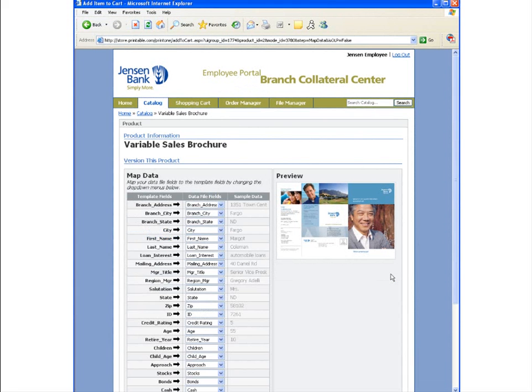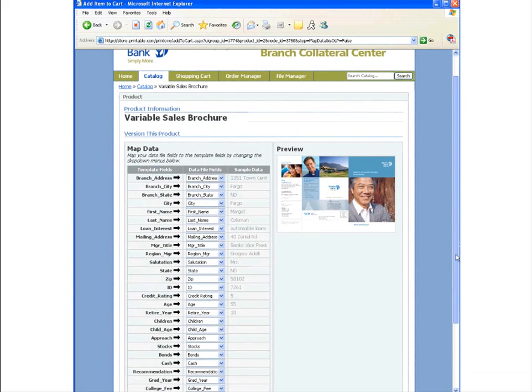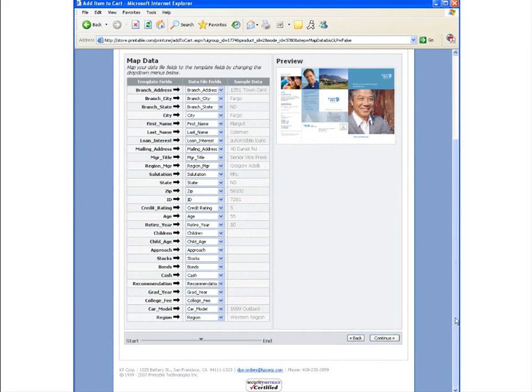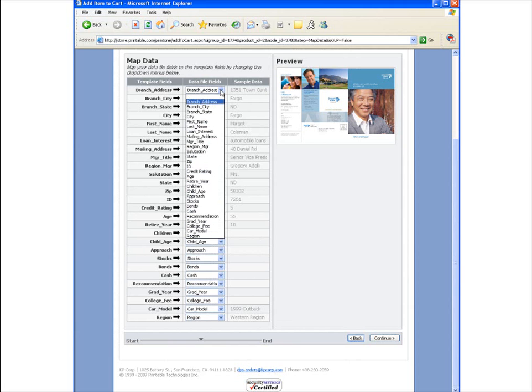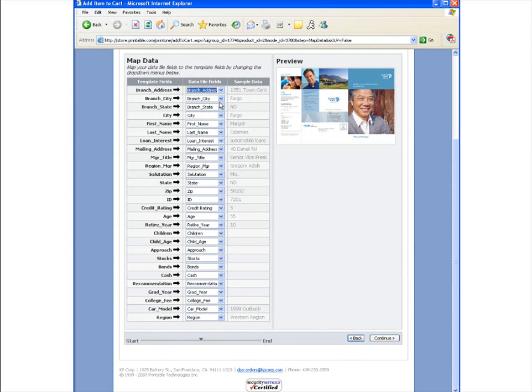The next step is the Map Data screen. This allows the user to check that the uploaded data will fall into the correct fields for the template. If a field is mapped incorrectly, the user can select the correct field from a pull-down menu. Here you can see all the data fields and a sample value for that field from the first record in the data. The fields in the database are aligned with the fields in the template, so no changes need to